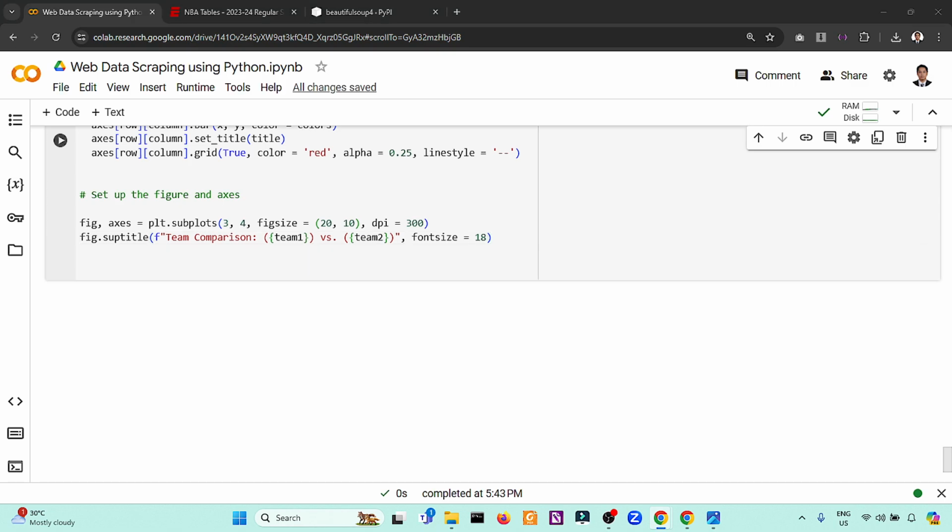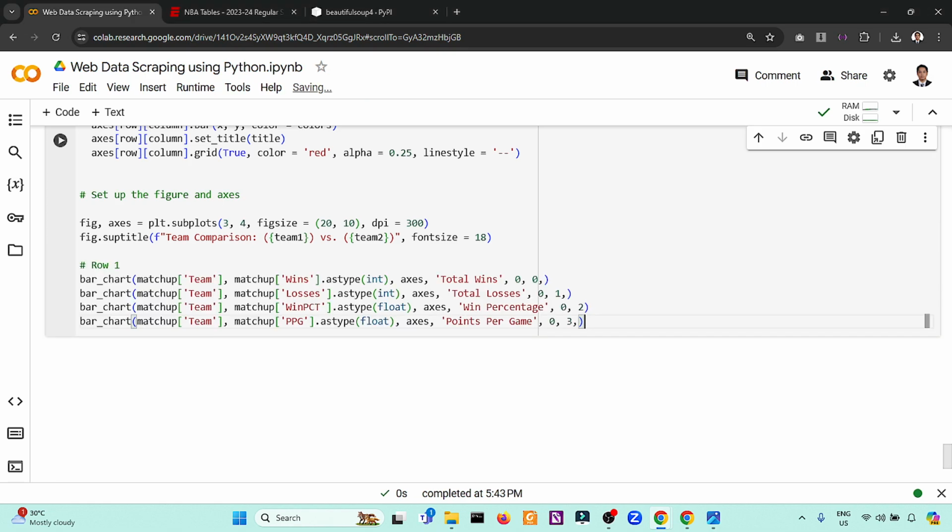So for example, in the interest of time, I will paste this code. It means that I will graph the first bar chart with team on the x-axis and the wins on the y-axis. So this will be the directory of the first graph, which is 0, 0.